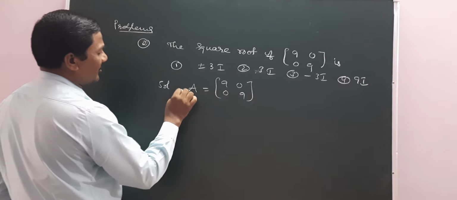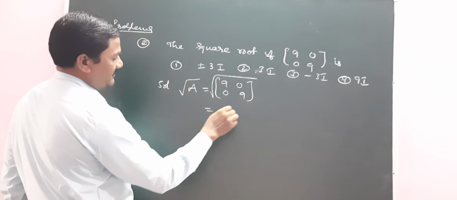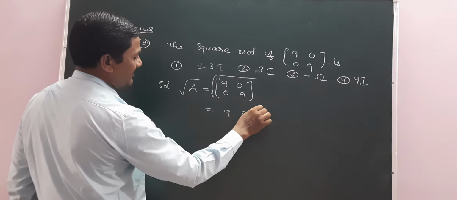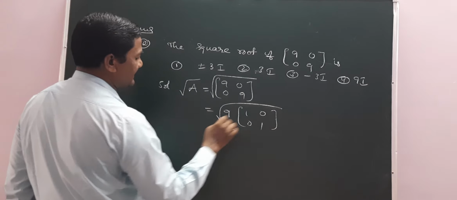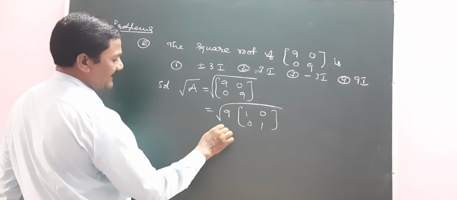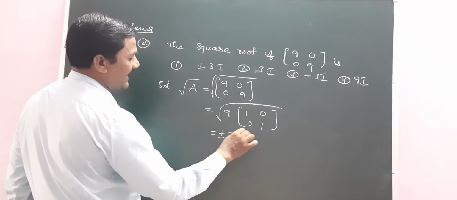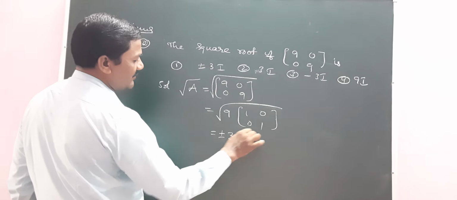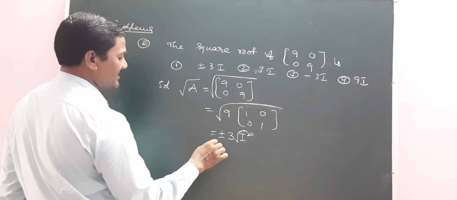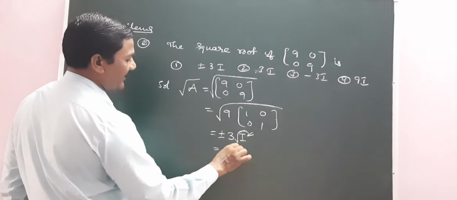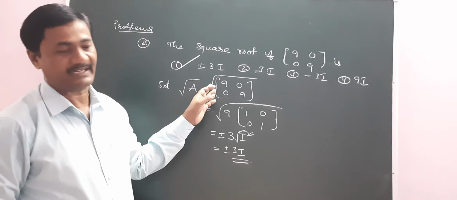We are applying a root. Square root means square root only. Applying a root, 9 taken as common term, 1001. This 9 always consider nothing but plus or minus 3, and root of i means i square, or i can be written as i square, i cube and so on. That means this can cancel only. Answer is plus or minus 3i. So this is what we get.